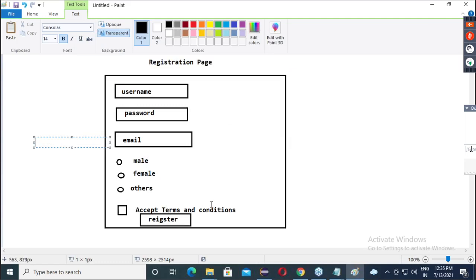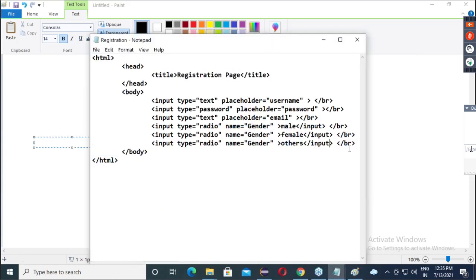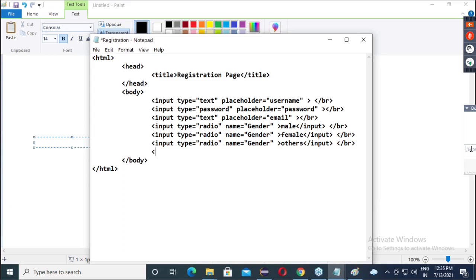Checkbox. Accept terms and conditions. So, where? So after this, we will go for what? Input.